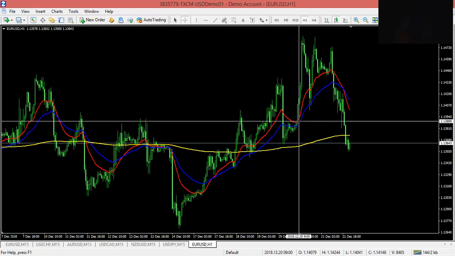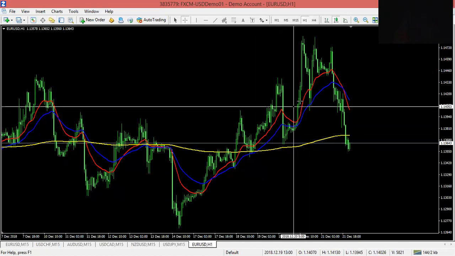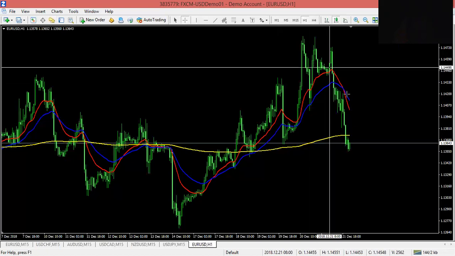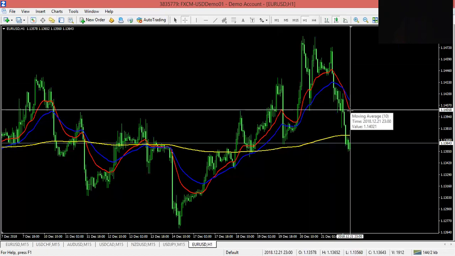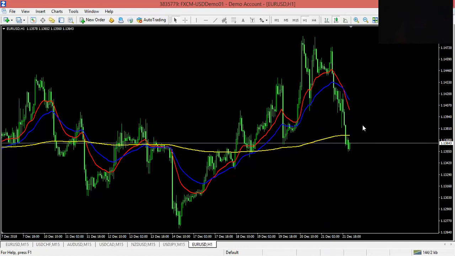Do you understand me? Okay, this is what I'm saying. You can see that there's a cross here. There's a cross here. Then later it came back to cross this. Do you understand? Okay. So what I'm expecting to see next,